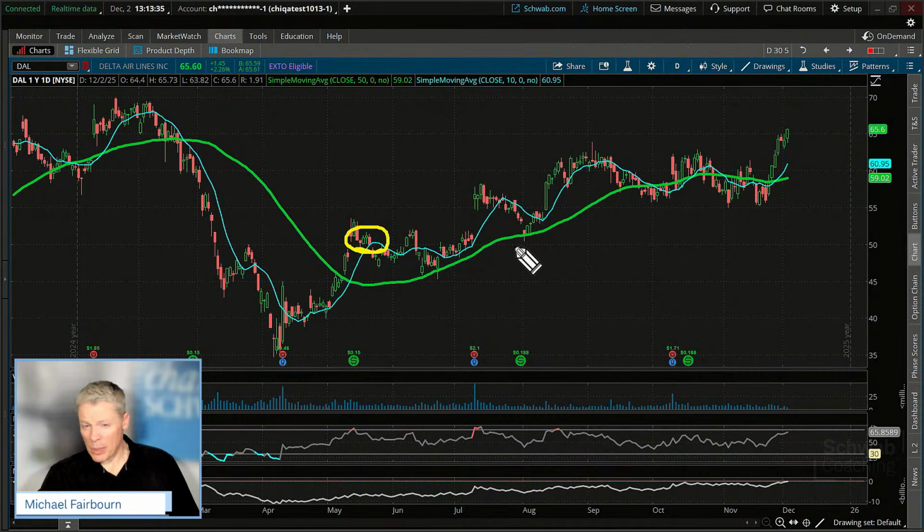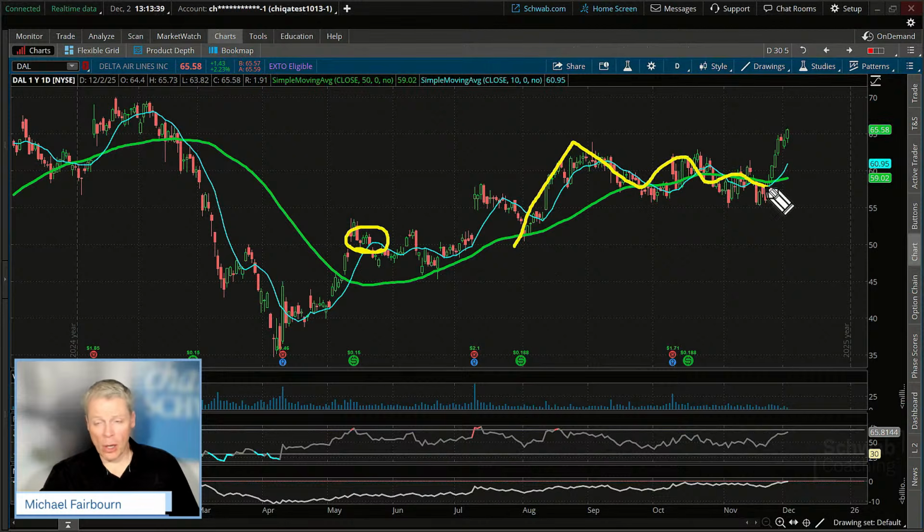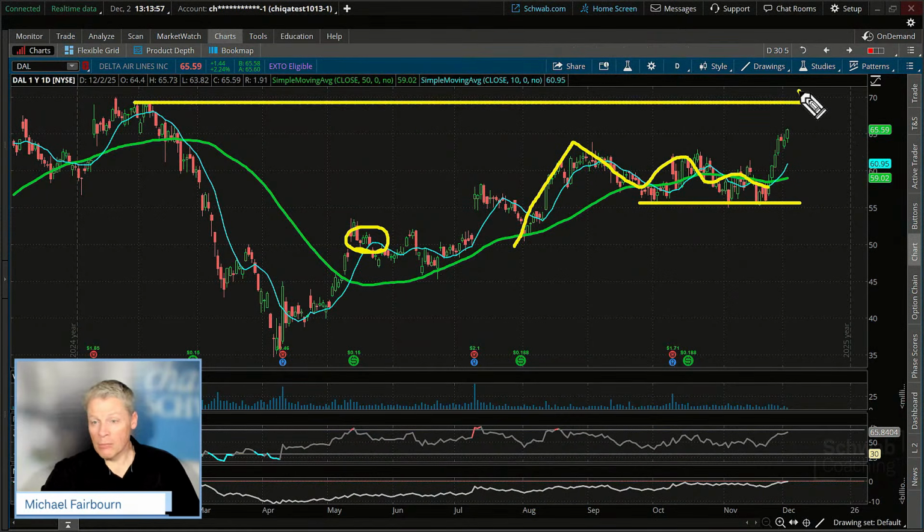Actually, this might be the pole of the flag right there. Here's your consolidation, very long-term support, really good at 55. But if we're looking at this flag specifically, folks, 1, 2, almost 3, about 2.5. I'm just looking at the bars here, 1, 2.5. So you're getting close to right there, the target being interesting, right there at previous highs. Maybe another reason to potentially sell.